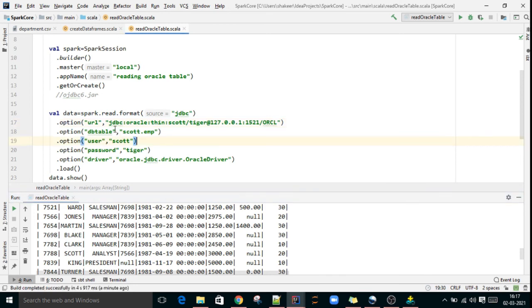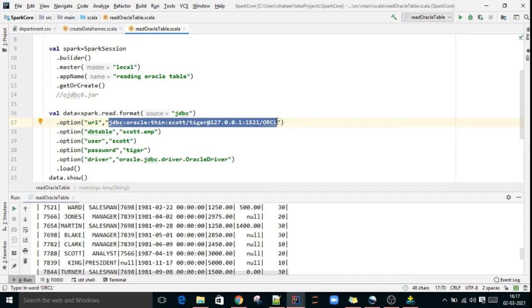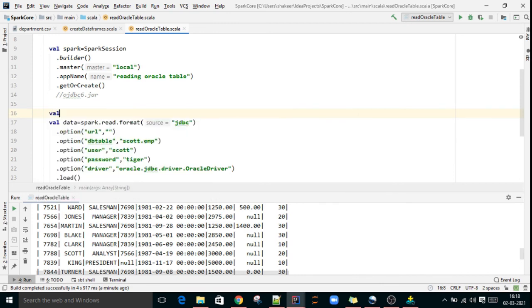Instead of keeping all this here, you can create variables. Val URL value equal to, so you can use the URL value like that.